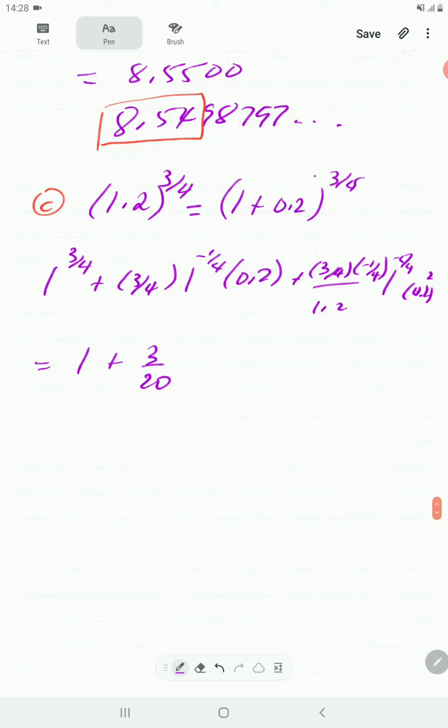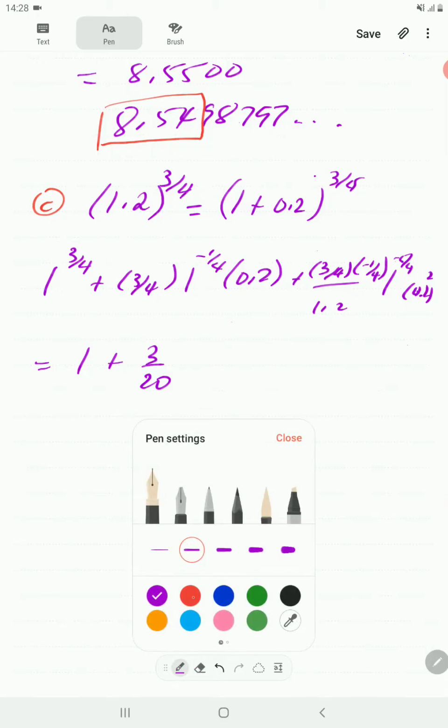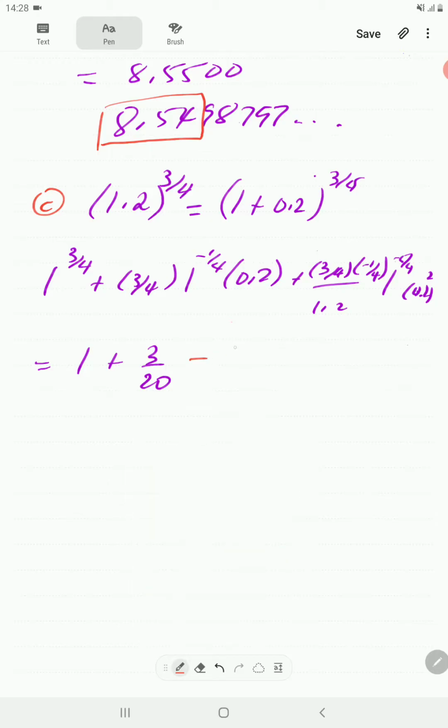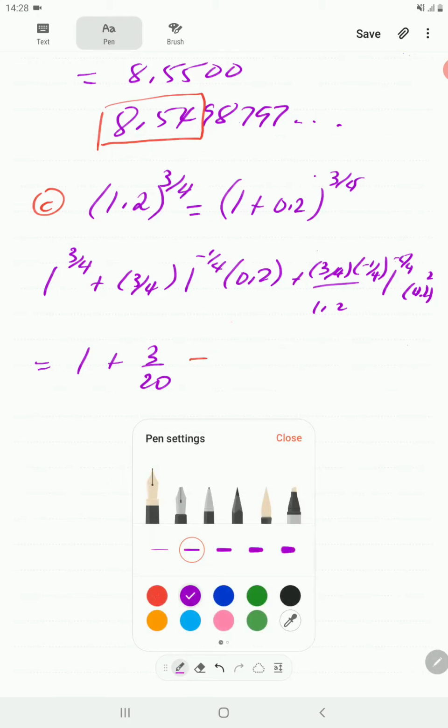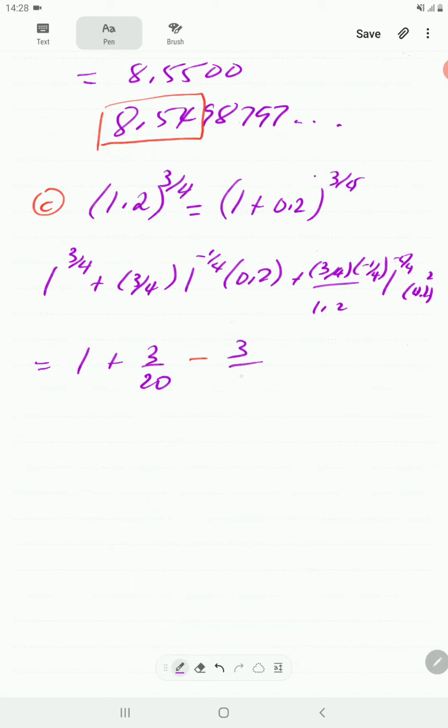20 if we simplify this, because we have got 1 over 5 here, 1 over 4 here. So it's going to be 3 over 20. And the next term is going to be 3 over 800. 3 over 800. If we simplify this, and then this thing as a single fraction is going to be